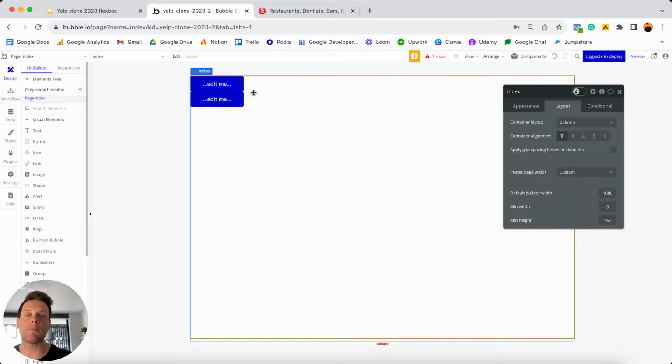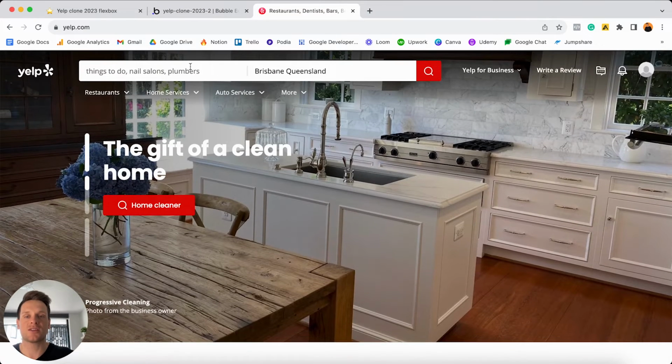Now, although on some pages you might want to stack elements across your page, what you'll find though is that when it comes to the overall page structure, so the container layout of your overall page, this will always need to be set as a column. And the reason for that is because when you think about it, most modern applications are built from the top down. So if I was to open up Yelp once again and scroll to the top, you can see at the very top here,